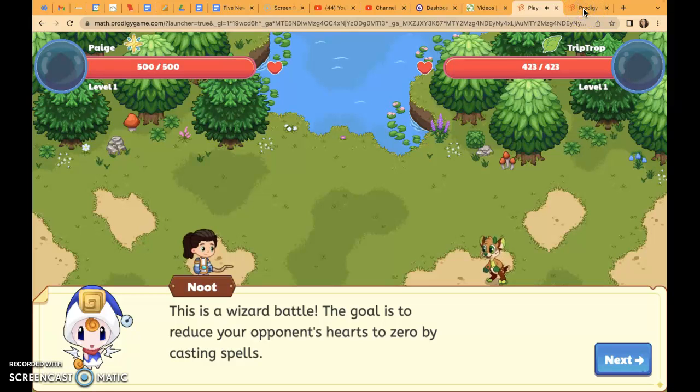This website is Prodigy Math. Now, I've heard a lot about Prodigy Math, and I've heard that students love it. So getting to explore it has been super fun. With Prodigy Math, your students get to go into this virtual world as wizards, and their job is to